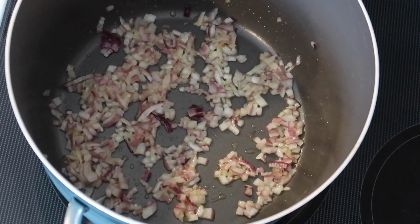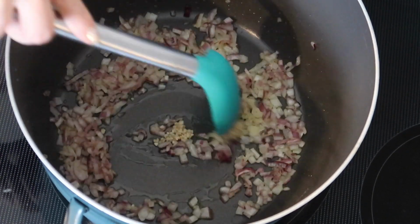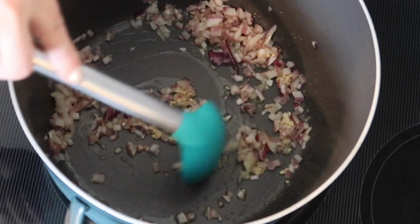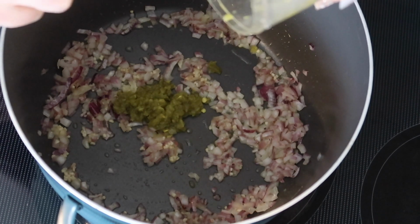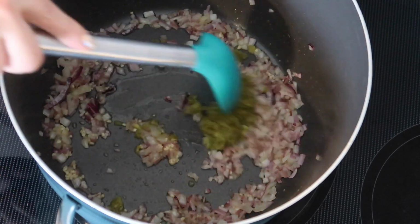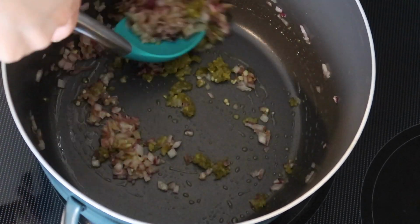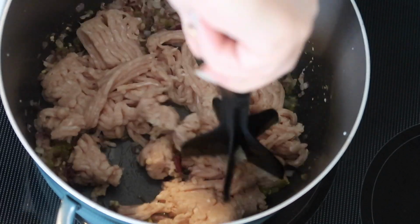So after I cooked those up for just a couple of minutes, I'm adding a combo of half a teaspoon minced garlic and half a teaspoon of grated ginger. Stirring that in, I'm adding the equivalent of one jalapeno that I just ran through a mini chopper. Now, I usually don't use fresh jalapeno. I just take about 8 to 10 little slices out of the jarred jalapeno and run those through. After I stir those in and cook it for probably about a minute, I'm adding a pound of ground chicken